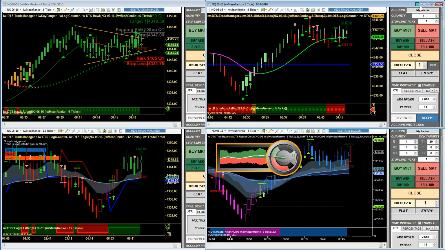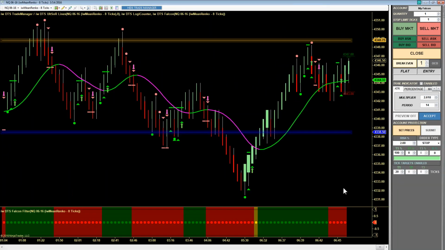All right, we'll go now to the Falcon. Now, a quick review of the Falcon signals. We're actually working a late filter entry signal here. Notice the filter has not come back into sync. Very important with a late filter entry signal. So with the late filter entry signal, I'm kind of doing these out of sequence, but the late filter entry